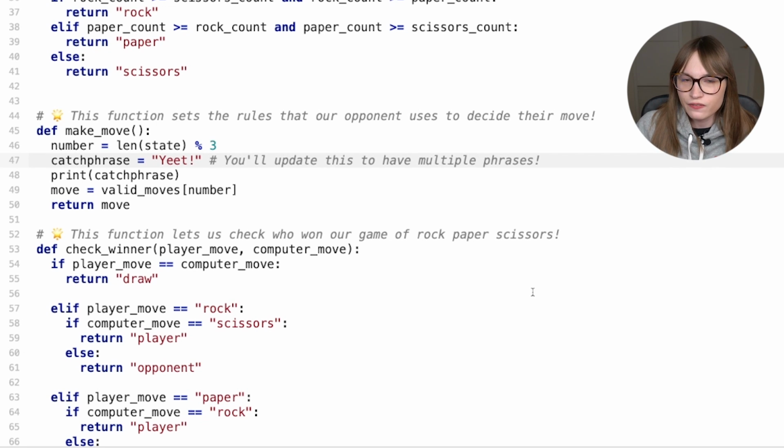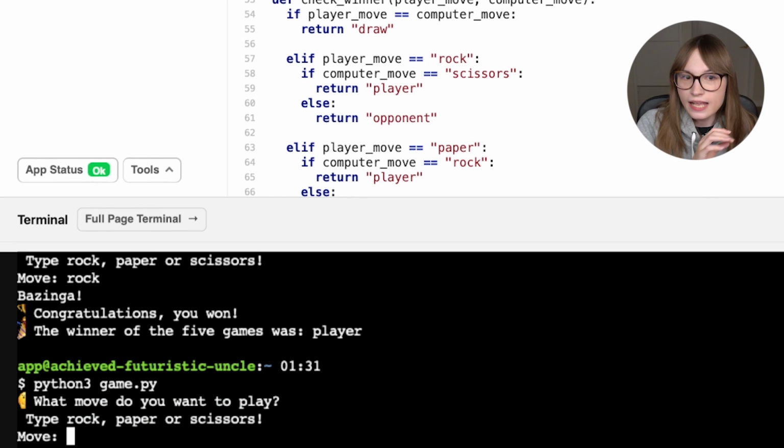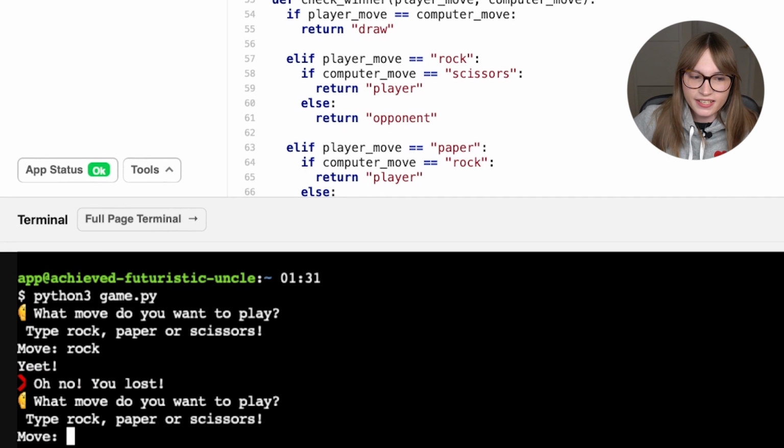But once you've saved it, see if you can find out if your code still works. Go back down here, and as a little tip, press up to rerun the command you used last. Let's try running this code again, and let's see if my new catchphrase is here. So let's try using a move. And hey, I lost, but it shouted yeet, so I'm going to call that a success. Now, as a heads up, if you got an error rather than your game running, you probably just made a typo. Typos are really, really common when programming, and the most likely one you made was you just missed out the quotes around your word. So feel free to undo and try again. There's nothing wrong with that.